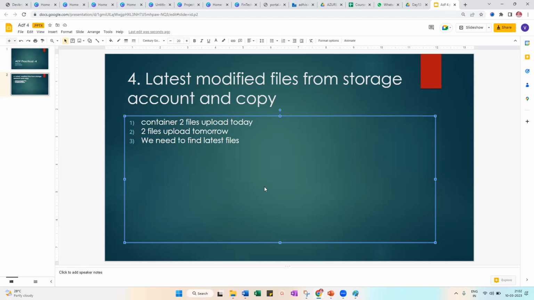For example, the client is uploading, same scenario. Previously I explained the client, we have access to the client. They are uploading a weekly file. They uploaded a lot of files, then we are responsible for finding the latest file. The latest file only we need to copy and save into another blob storage or any other SQL